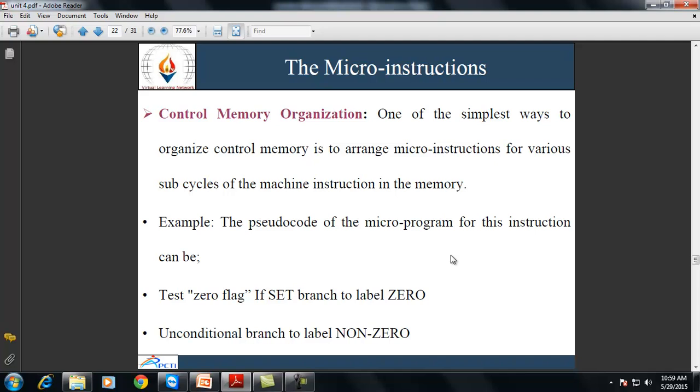This is an example of control memory organization in which a machine instruction branch on 0 is used. This instruction causes a branch to a specified main memory address in case the result of the last ALU operation is 0, that is, the 0 flag is set.